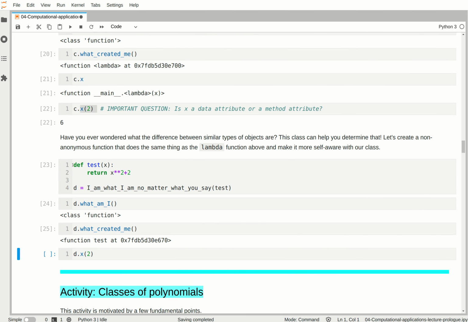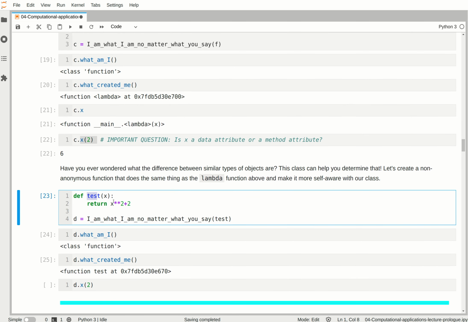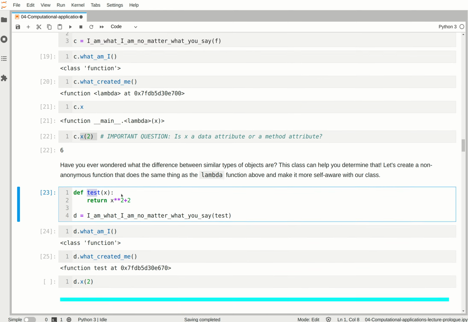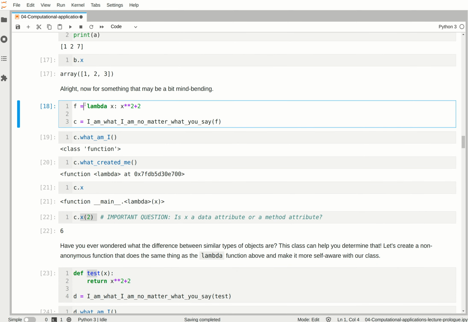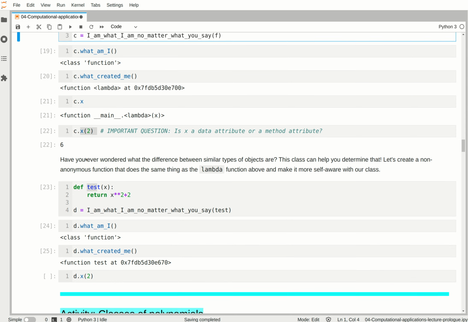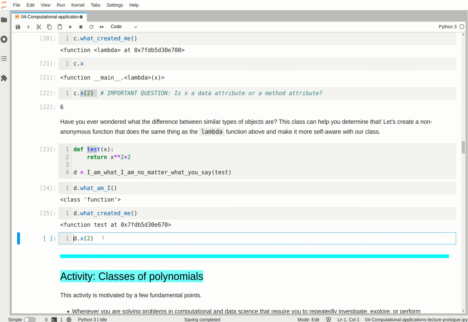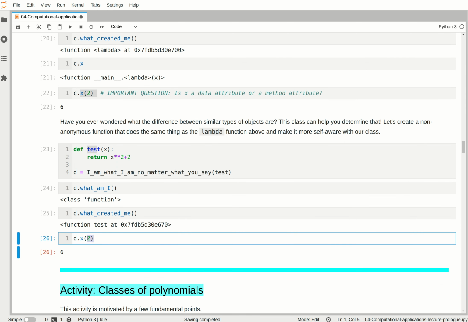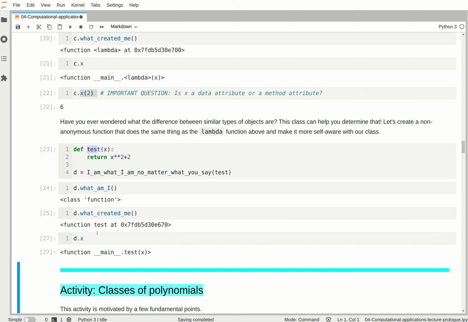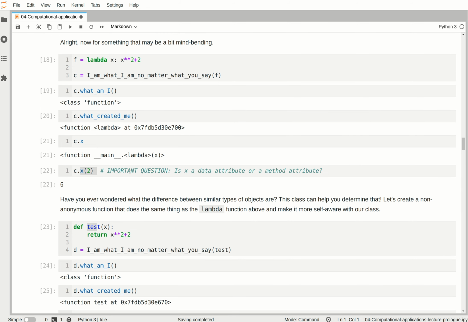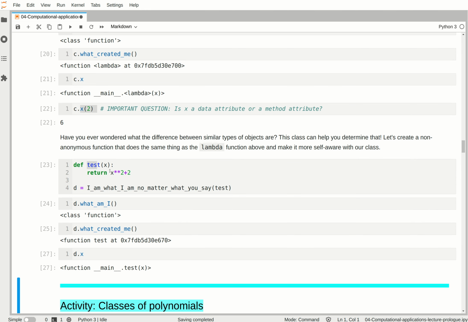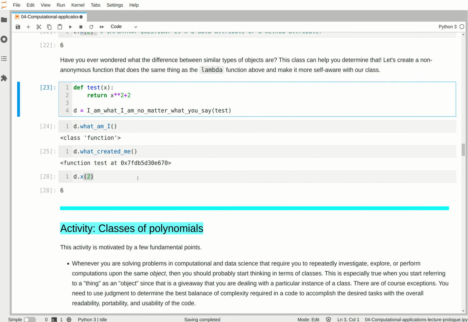So this is something that uses the definition of a function name, right? It's not an anonymous function. Lambda functions are meant to be these kind of anonymous, non-named functions. You can assign them names, but they're intended for you to not even have to do that. And then again, I can evaluate d.x of 2. And I could also look at what is d.x, and that's that function test of x, right? And there's that test of x as opposed to just this anonymous lambda. It doesn't really ever care about this function name f. I'll just go ahead and change that back to d.x of 2. Okay,